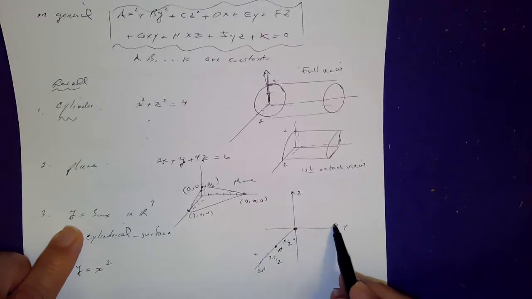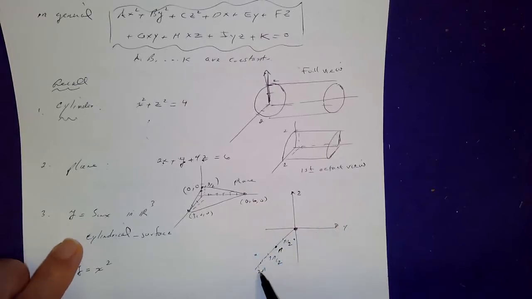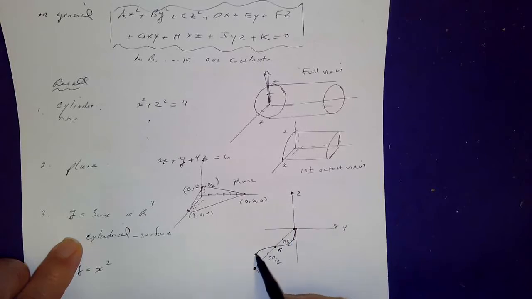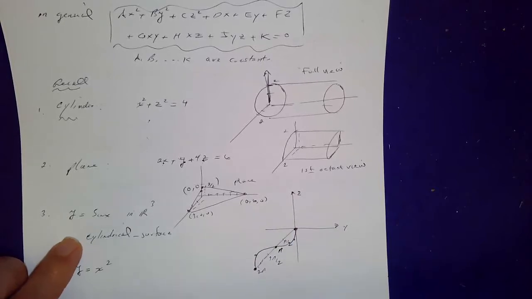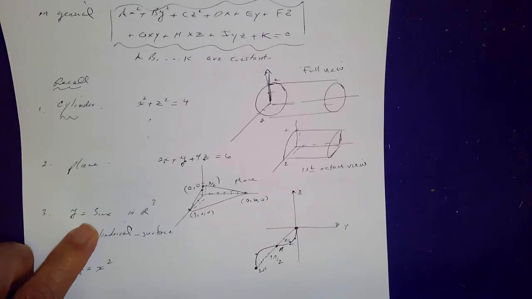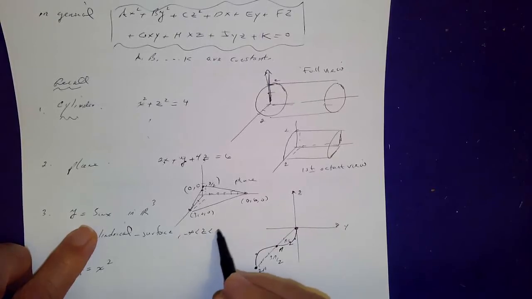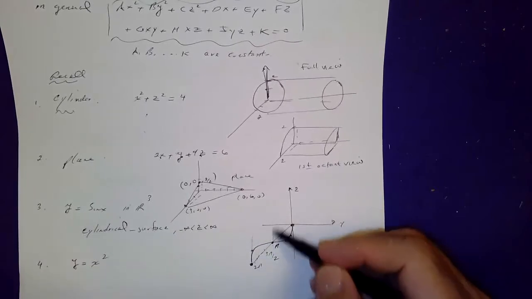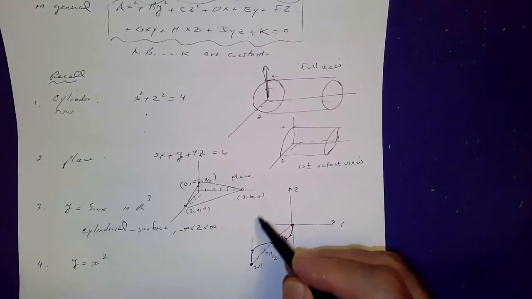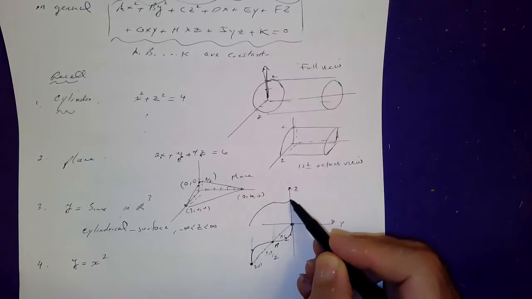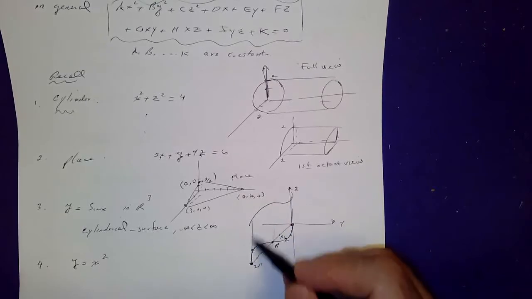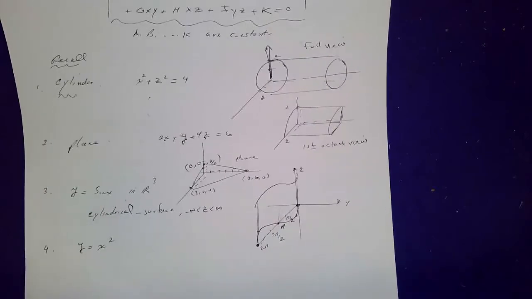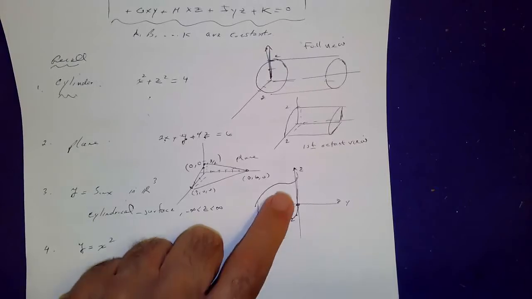Remember, y going this way is positive, going this way is negative. And at 2 pi it is 0. So on the floor, the graph looks like this, which is a curve. However, z is missing. That doesn't mean z is 0. That just means z goes from negative infinity to infinity. So if you stretch this along the z-axis, like so, lo and behold, you have your cylindrical surface, which is kind of like a baby sheet of